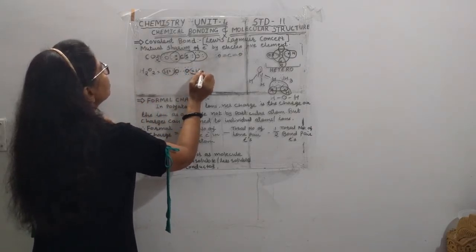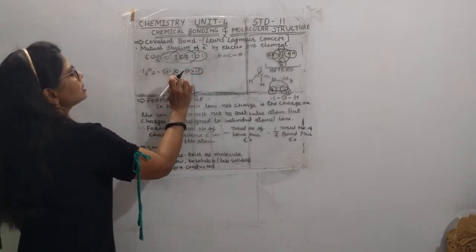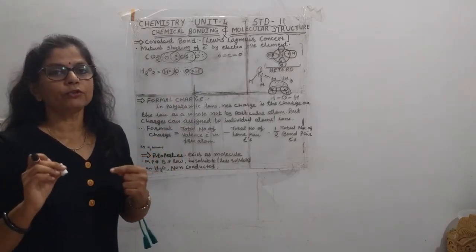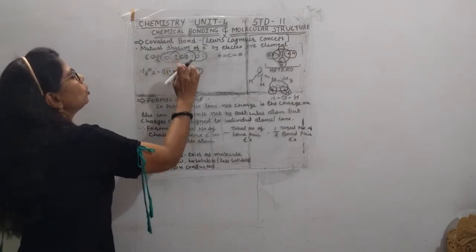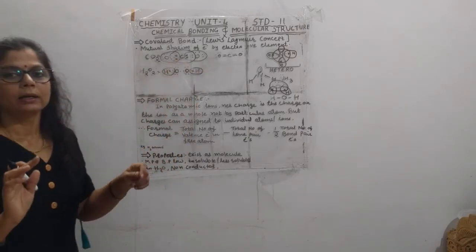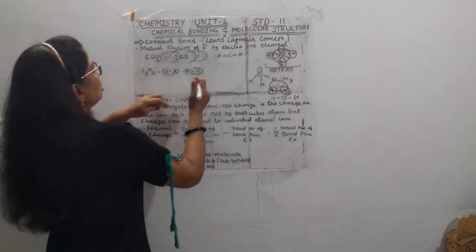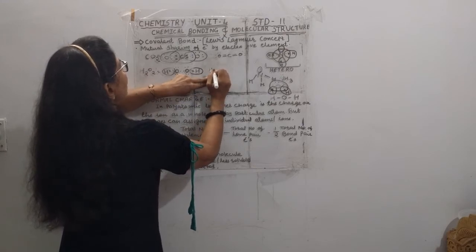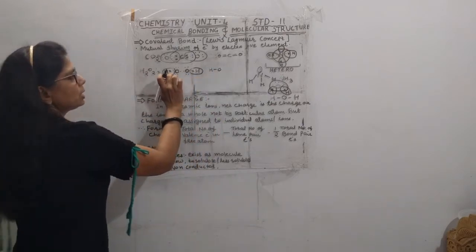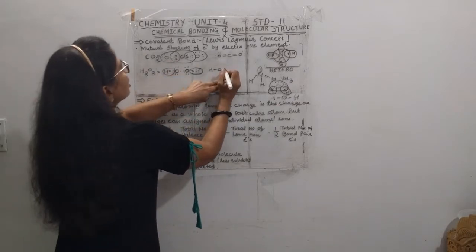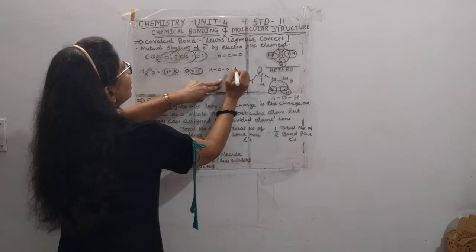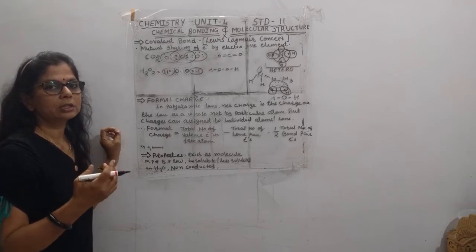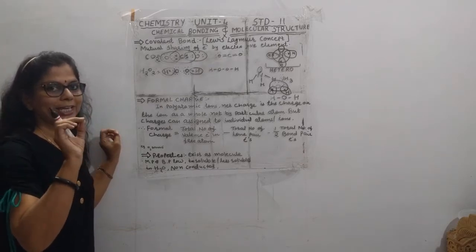This hydrogen has also completed its duplet, and you can see this oxygen shares 1 electron from each side, and the 2 lone pairs of electrons are not taking part in the bond formation. So here you can show this in the dash way, H, then O, because here also it is only a single bond, then here also a single bond, then O and H. This is the method for showing the Lewis dot structure, either in the dot way or in the dash form.